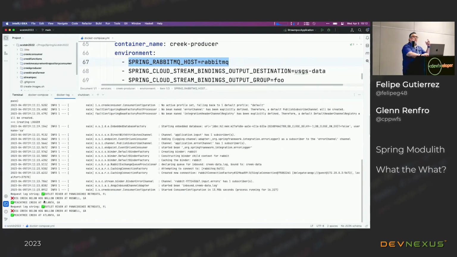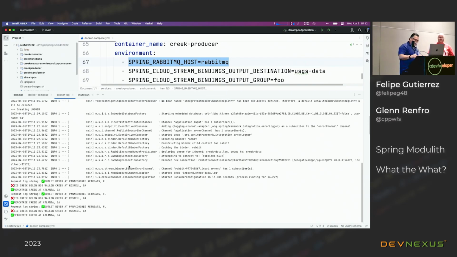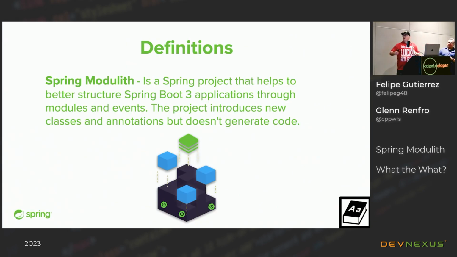Very good. So with this, now I'm going to pass the microphone to Glenn so he can start talking about some definitions. Folks, what we just covered was a fantastic presentation, and Oleg is going to go into a lot more detail about the magic that happened with Spring Cloud Function and Streams and how that fits together tomorrow. So please be sure to catch his talk.